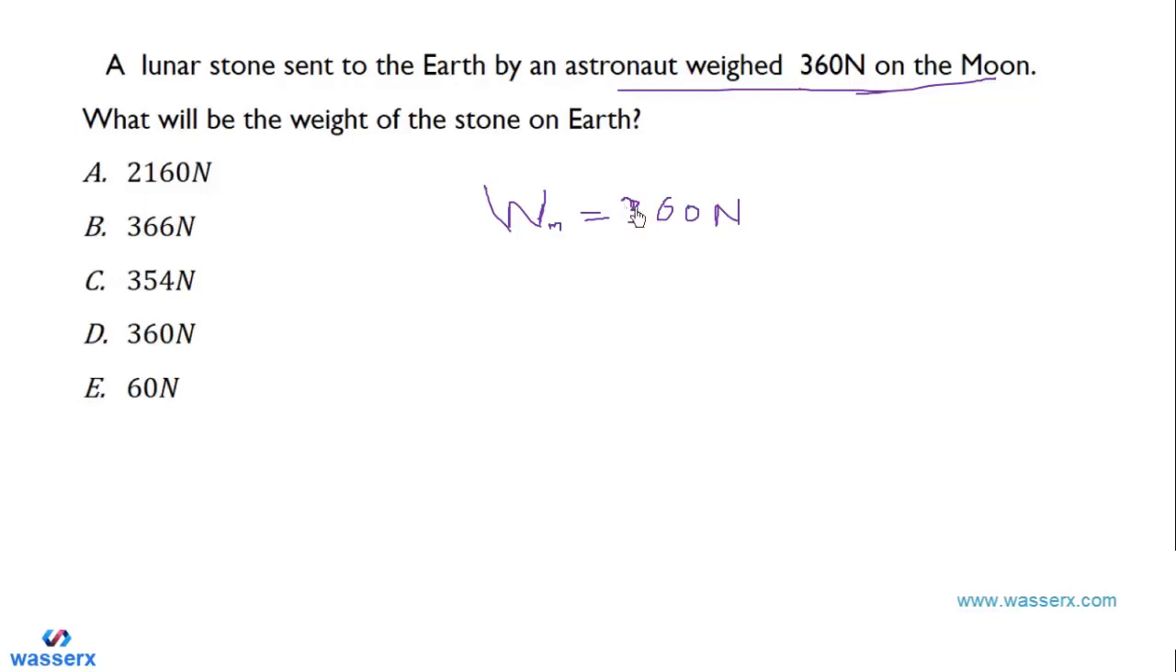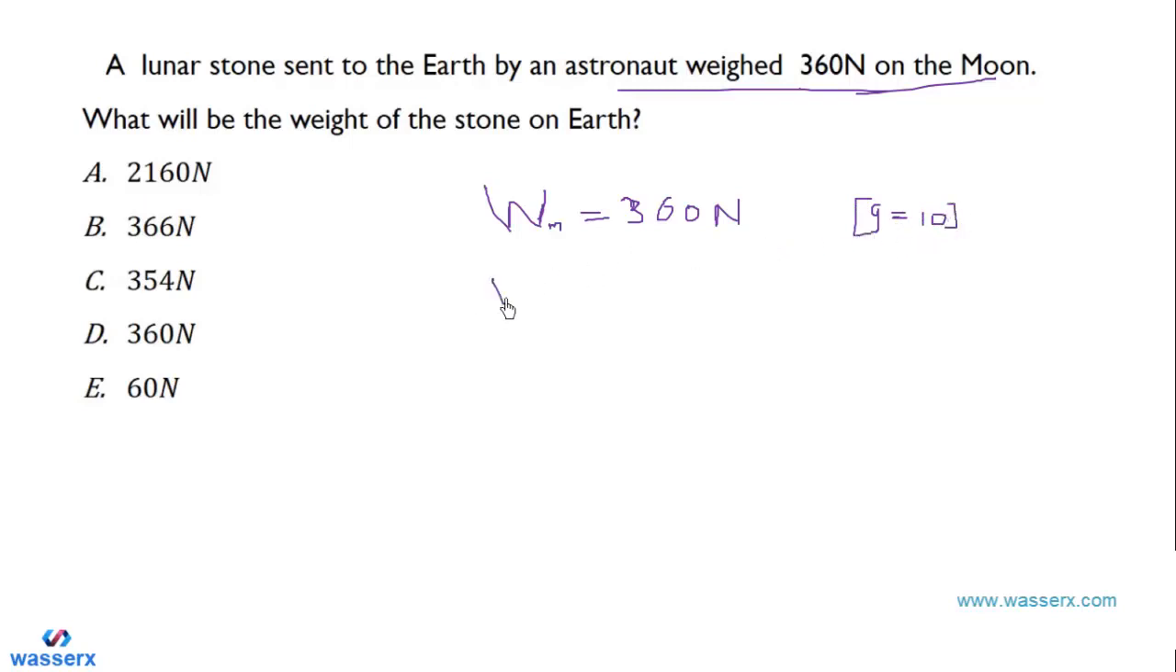So we know the weight of the stone on Earth will be larger than the weight on the Moon, because on the Moon it has been reduced by a factor of 6. Now we need to look for the acceleration due to gravity, so we can find 1/6 of that. Weight is equal to mass times acceleration due to gravity. So if the acceleration due to gravity is approximately 10, then